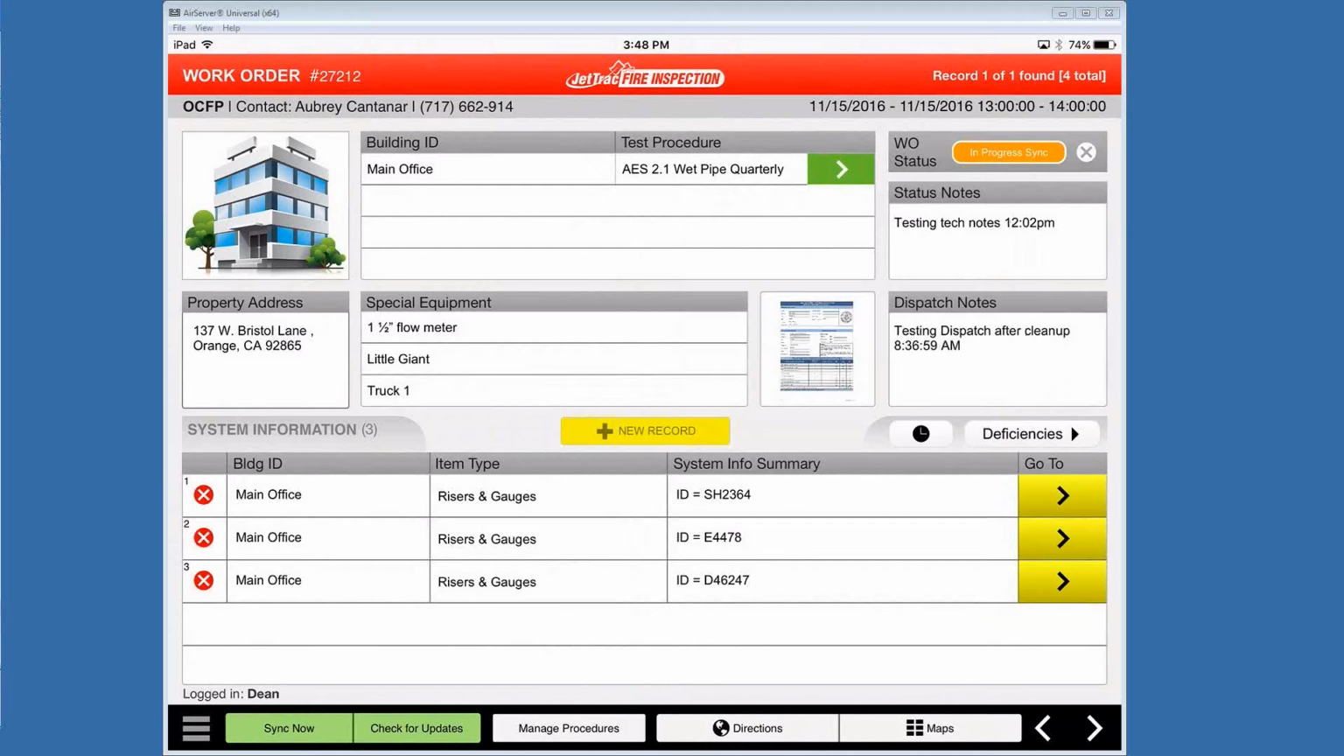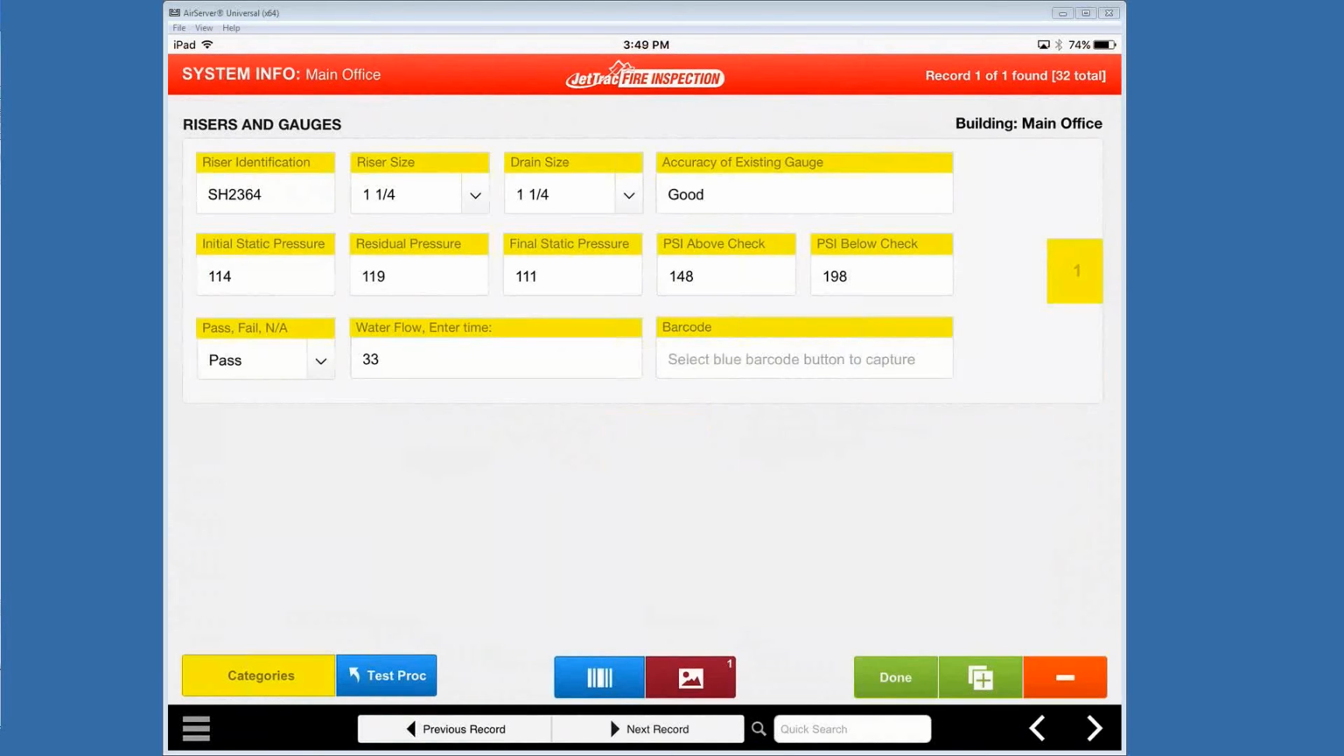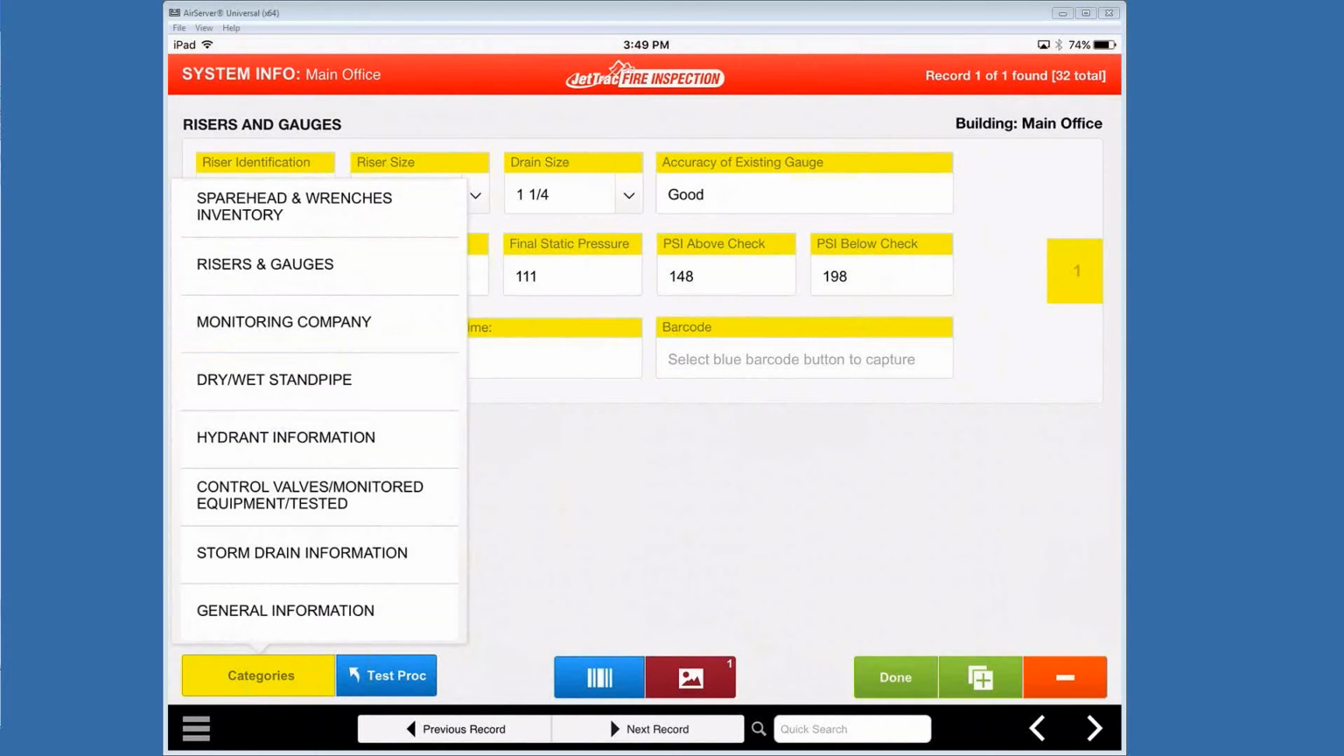This time let me go from within the system information screen to add it. So let me just take one of these existing records to get there, and I've clicked on the arrow to the right, and let's have a look at the categories that we have here. I'm going to choose spearhead and wrenches,